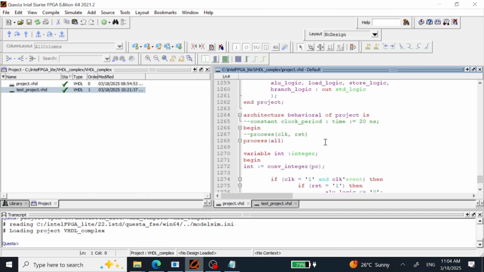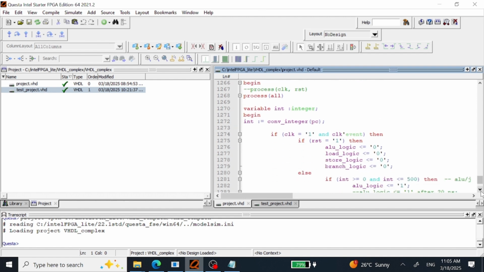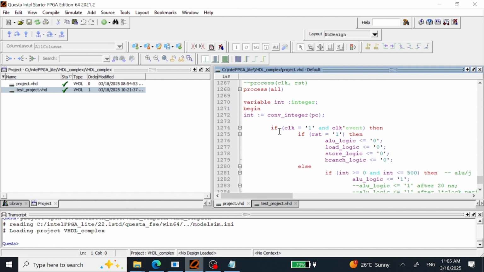And then inside this architecture, we are going to say begin, and then we are going to say process all whatever the inputs we have. First convert the PC bits into integer, and then we are going to use those integer values inside this clock signal. We are going to say if reset equal to 1, make all the output signals equal to 0,